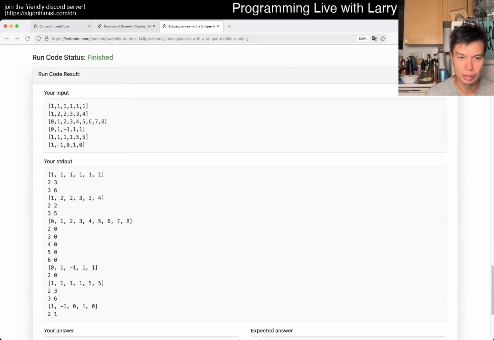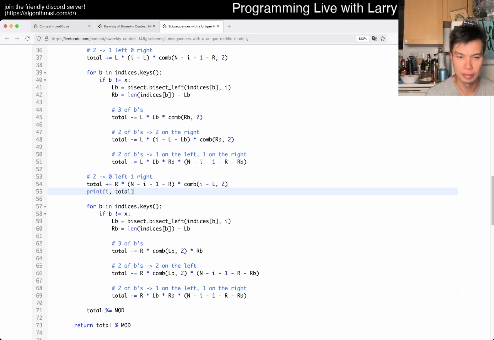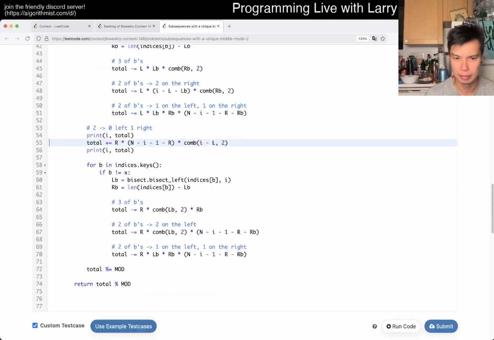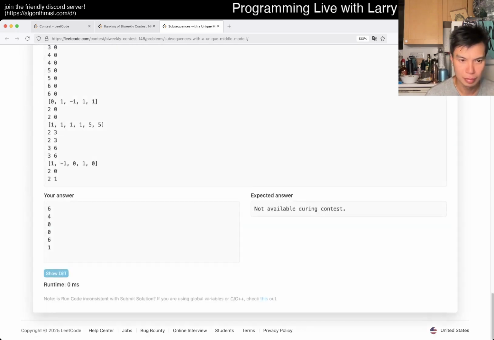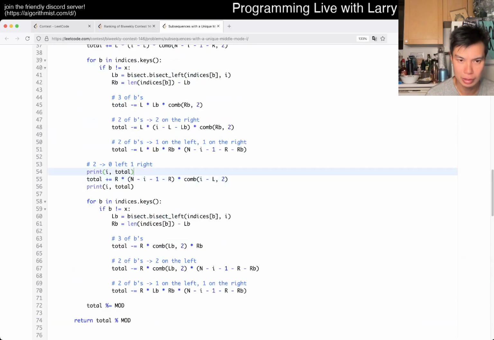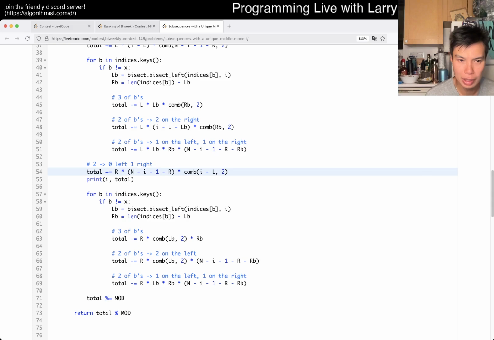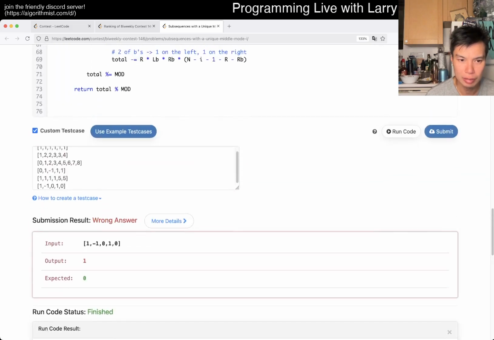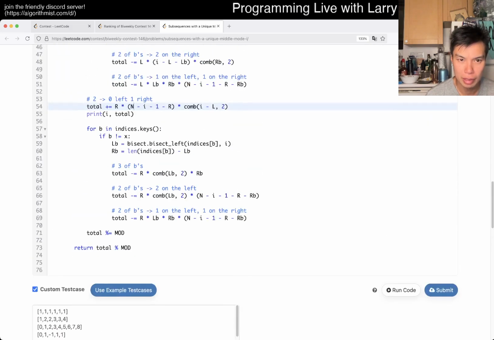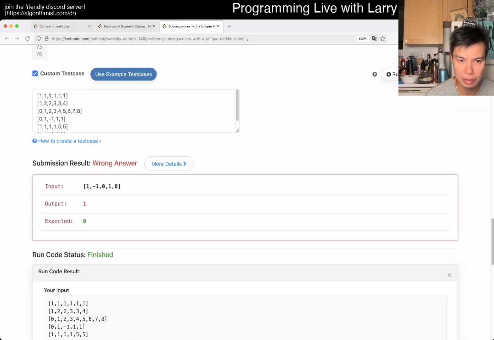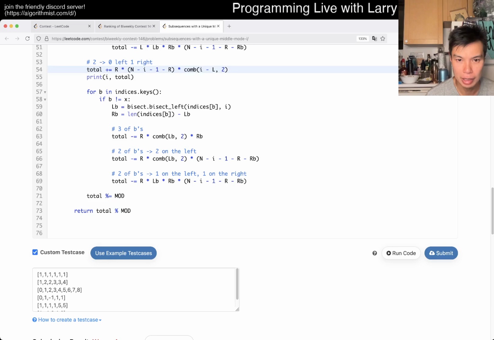Okay, so it is on this side or this side? Okay, yeah, so it's on this, which has 0 to the left, 1 right. So that part is right in theory, but then now I have to